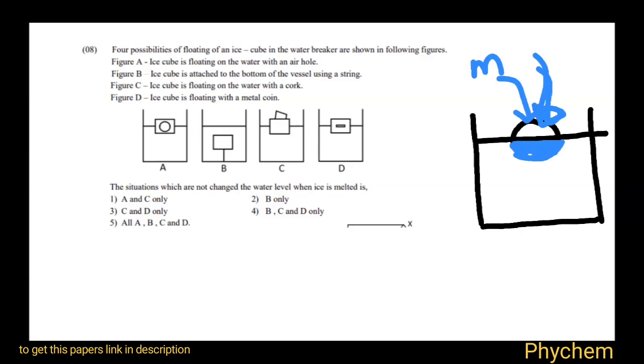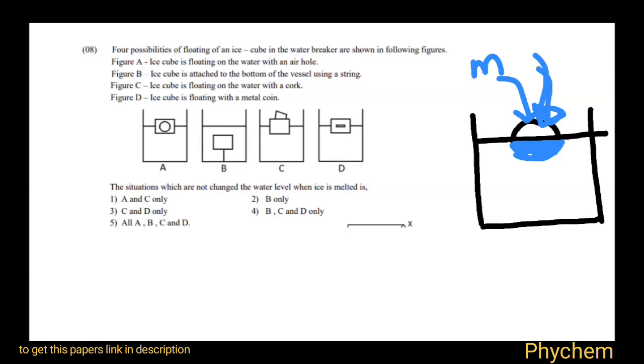Okay, for this question, you can conclude that A is floating. B is not floating. B has a string, so it is attached. And C is also floating. D is also initially floating. So you know that when something is floating, definitely the mg force should be supported by the buoyant force. Okay. So everything is floating except B. Okay, now you can conclude that